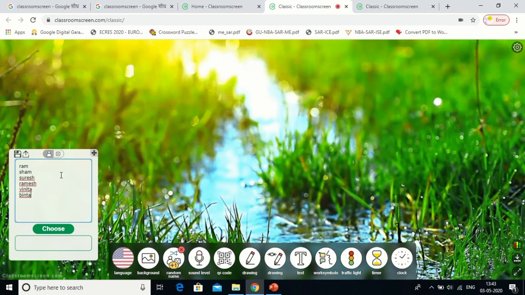You can always write those names of the students. It will randomly choose a name, that is Suresh is selected now. Then it will again choose the random name Ramesh. Then Binita is selected. If you want to save this file, you can click on the saving option over here.